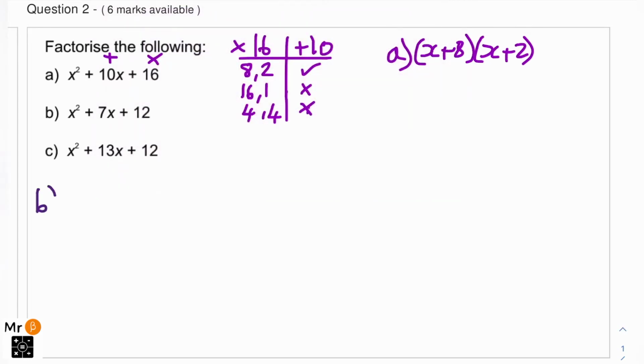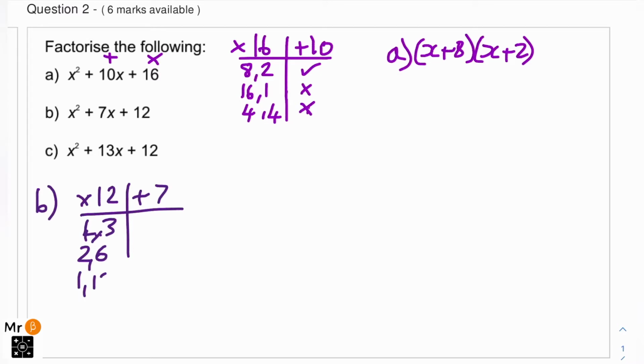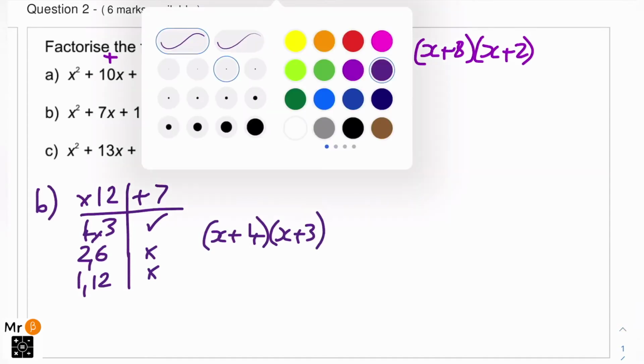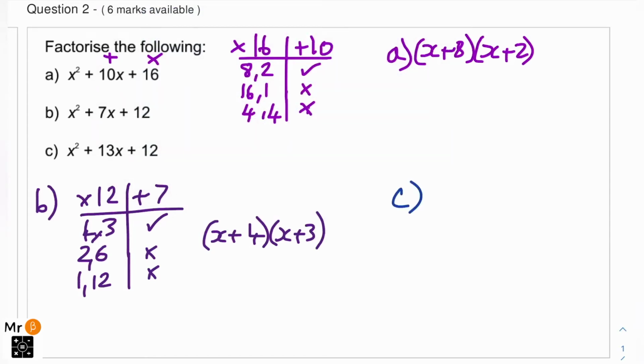In part B, we're timesing to make 12, and we are adding to make 7. Again, we're going to list down our factors of 12. We've got 4 times 3, 2 times 6, and 1 times 12. Only one pair will work. We can then write this in our double brackets. We're going to have x plus 4, x plus 3,